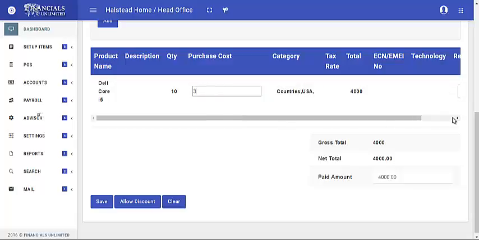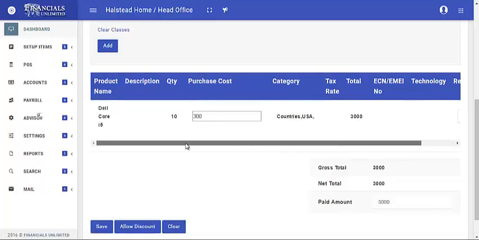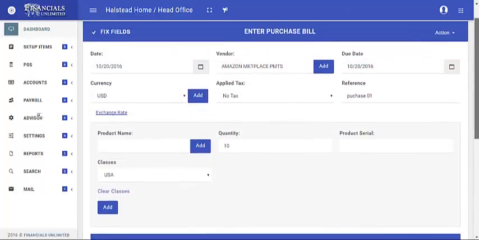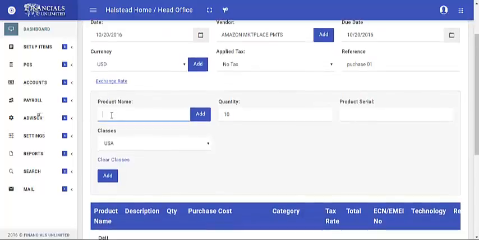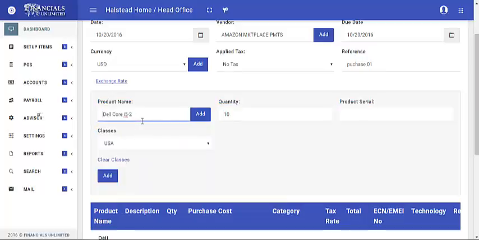If for instance I want this to be 300, and click over here, accordingly all the amounts, gross total, are automatically changed. Now you can see, if I want to delete this and do it again, then I can do it. But I want to add one more product to buy, so I would go there in product name, and then I would click. Okay, now first I click this one. The second product I want to buy is this one.